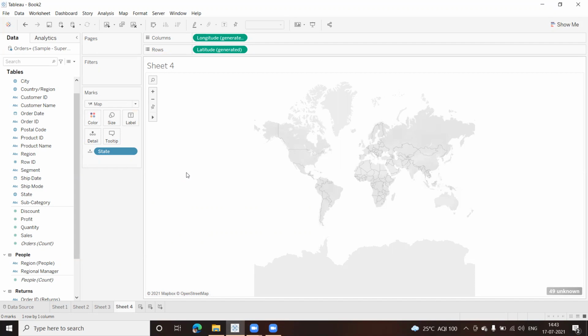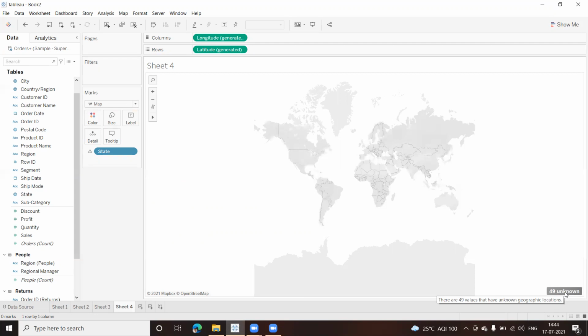Now, in your cases, suppose you select the state and you want to show it in the form of a map, and you do this. This map is grayed out. And here in the corner, you can see something known as 49 unknowns.